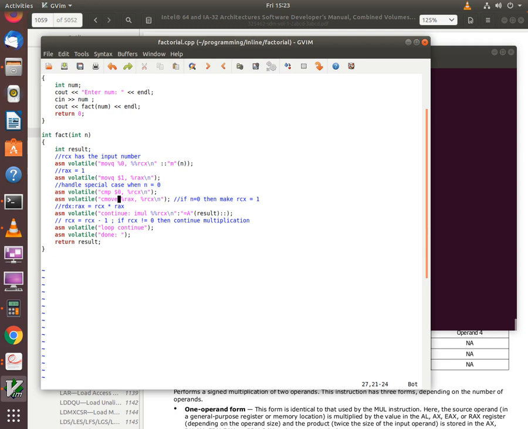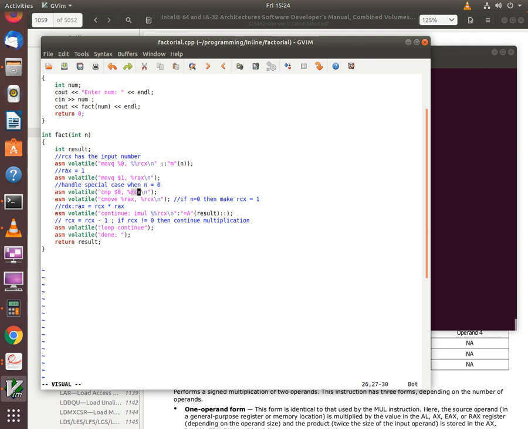What the compare instruction does here is it's merely comparing the value in RCX with 0 and checking to see if the input value is equal to 0. And remember that we've already loaded the RCX register with the input value, so at this point RCX has the input value and it's being compared with 0 to see if the input is 0.